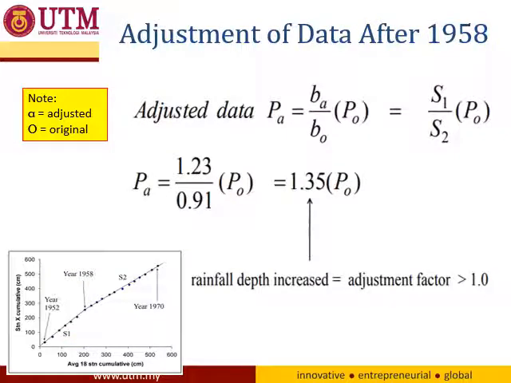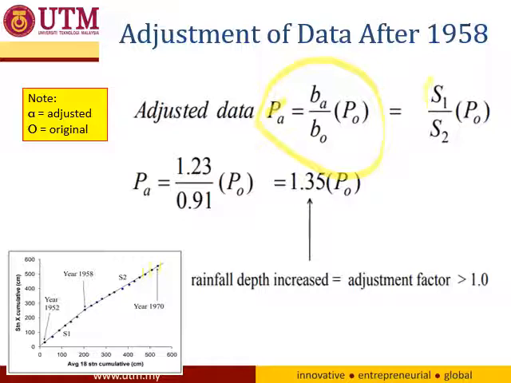This formula actually comes from PA over BA equals PO over BO. But we want to adjust the rainfall data, so P here is the rainfall data, the rainfall data of each point. So what we do is we get this factor. PA, P adjusted, the adjusted rainfall data, is equal to